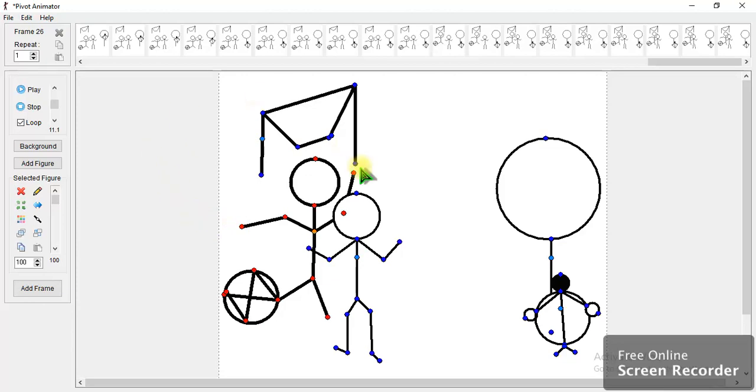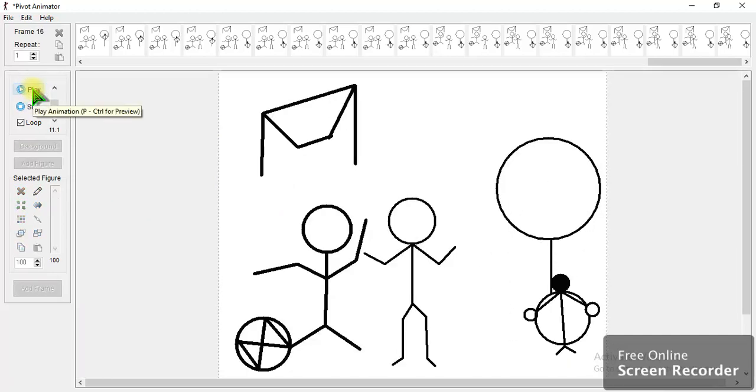Now I have added so many frames, okay, like the bug is moving, all these things. I will show you the animation now. Can you see the swing also moving, the bug also moving, these two are playing. So like this it will take time, but you try and send the GIF to me.